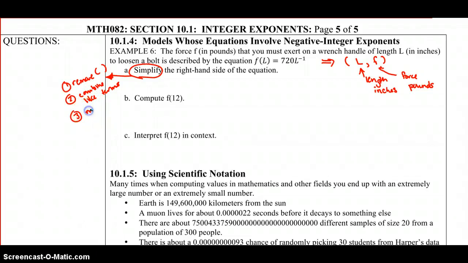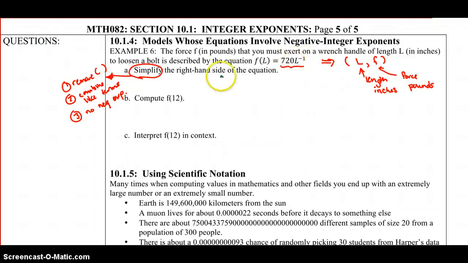So to simplify means that there can be no negative exponents in our expression when we're done as well. Okay, so if we're looking at the right-hand side of the equation, this expression, 720 times L to the negative 1, there are no grouping symbols. This is all one term, so there's no like terms to combine, but it does have a negative exponent attached